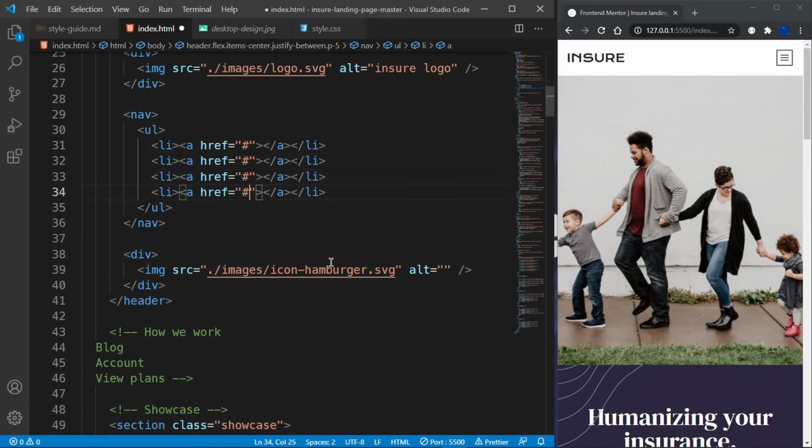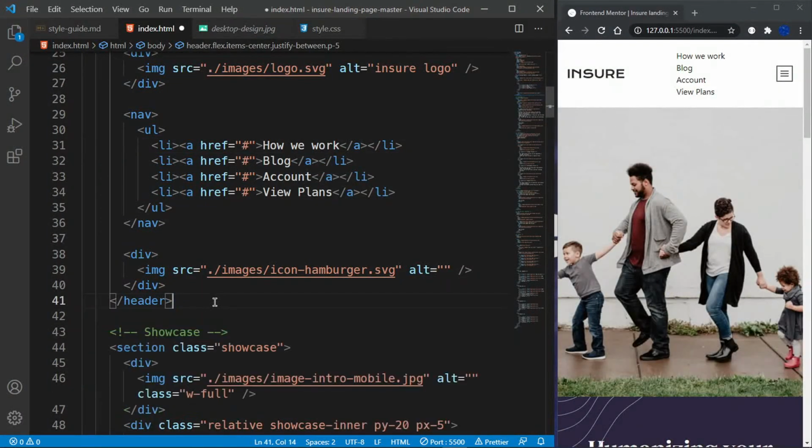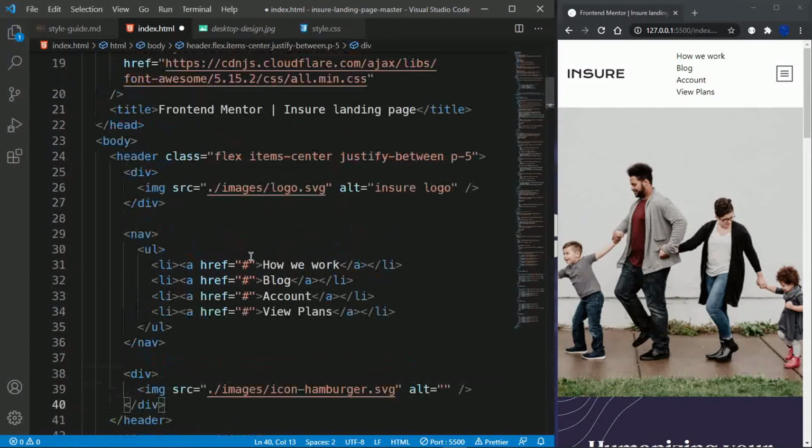Oops. And this says view plans. This one says account. This one says blog, and finally this one says how we work, like that. So I can remove this, and of course, as you can see, this messes up just a bit, but that's fine. I can then go inside this nav, give this a class of